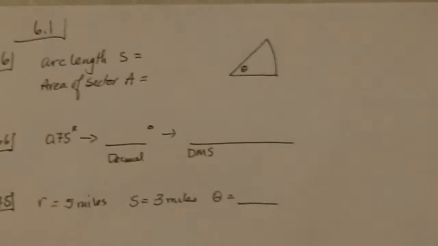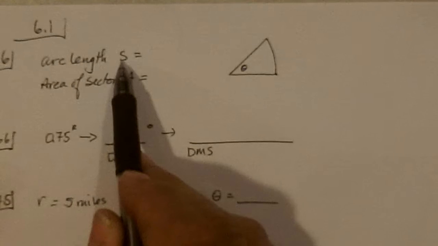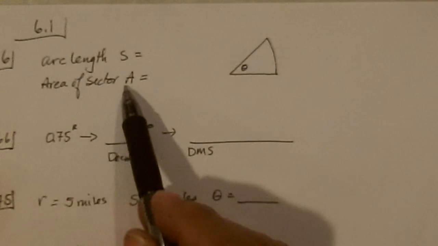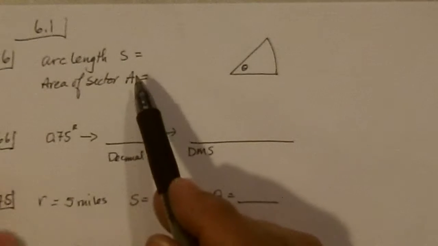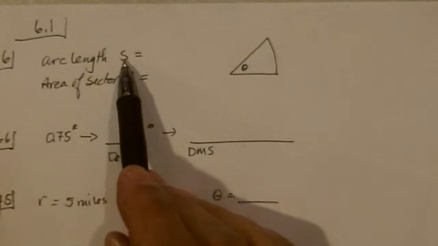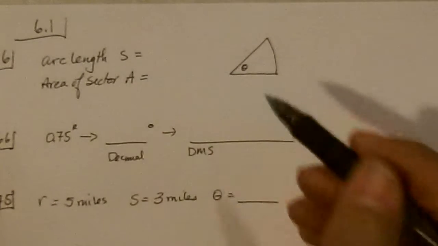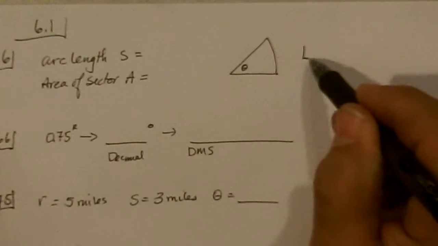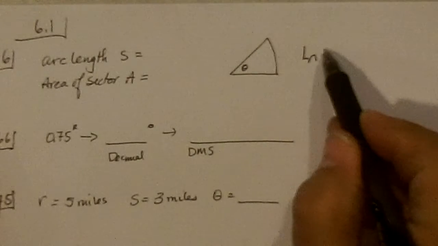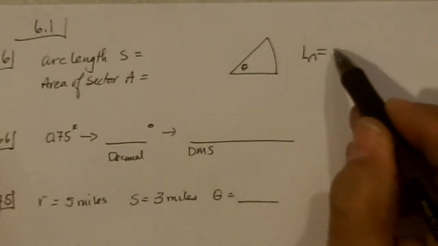All right, 6.1. We're supposed to find the arc length and the area of a sector's formulas. It says the length of an arc, S, is this. Now I gave it to you as the length of an arc in my notation, which was the measure of the angle in radians times